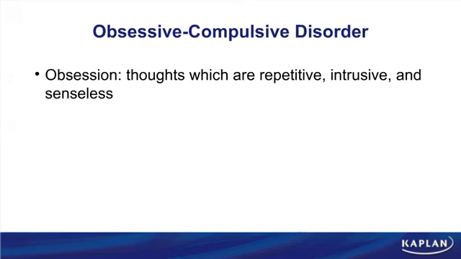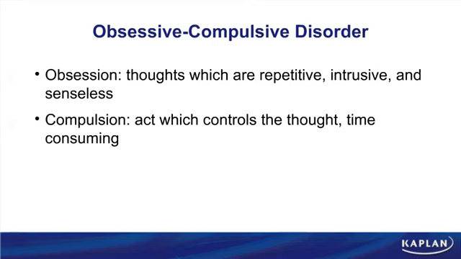The brain then creates the compulsion, which is something that you're doing to neutralize the thought. For example, this could be clapping your hands. So typically the compulsion is a physical act that you're doing in order to stop yourself from engaging in the obsession. So remember, obsessions increase anxiety and compulsions decrease anxiety.